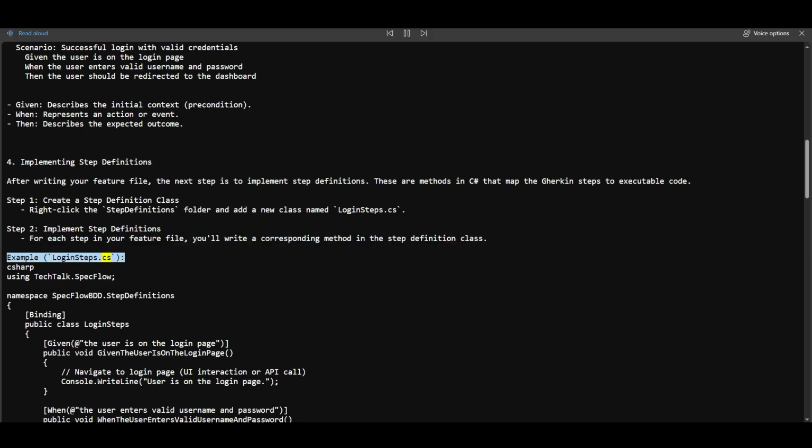Example: LoginSteps.cs. using TechTalk.SpecFlow; namespace SpecFlowBDD. [Binding] public class LoginSteps. [Given("the user is on the login page")] public void GivenTheUserIsOnTheLoginPage() // navigate to login page, UI interaction or API call. Console.WriteLine("User is on the login page");